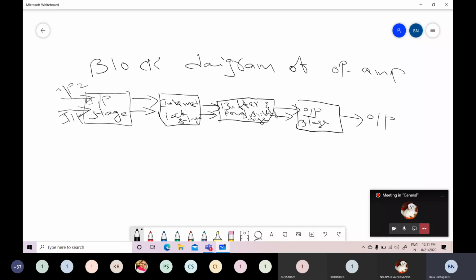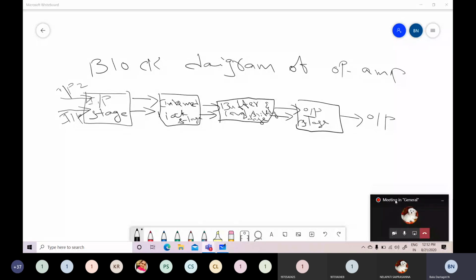So if there is a high DC voltage level, automatically the transistors may be driven into the saturation region. So if the transistors are driven into the saturation region, then what happens? The swing of the output voltage gets reduced. So in order to overcome that, if there is any high DC output voltage present, that has to be grounded. So in order to ground the DC voltage, we are using the level shifters here. So these are the 4 stages of the op amp.